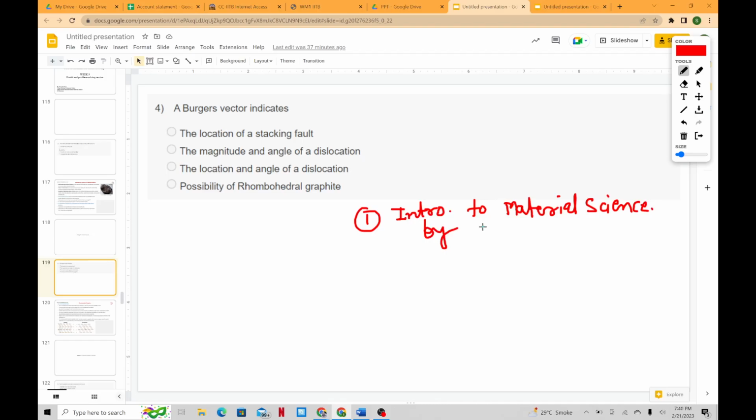What is the name of this author? Anybody knows? Callister. Yes. So if anybody is not from the materials or metallurgy background, just to have a basic introduction, there you can find. Okay, so this is one book. There you will find it in very basic terms. If you want to go very deep, then